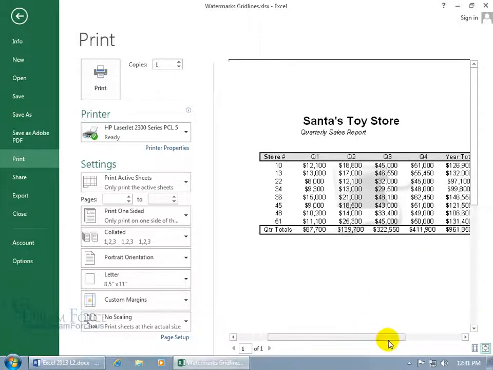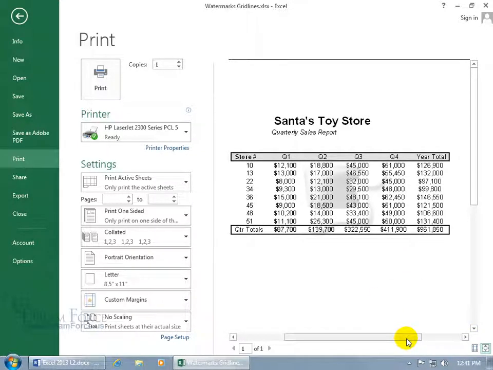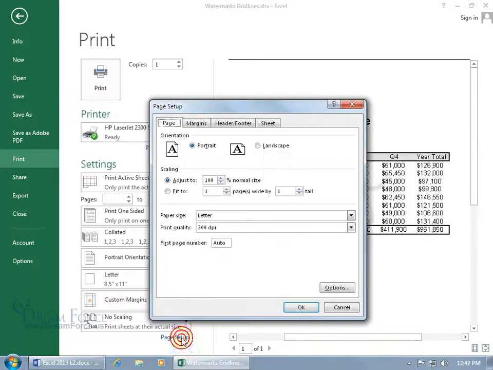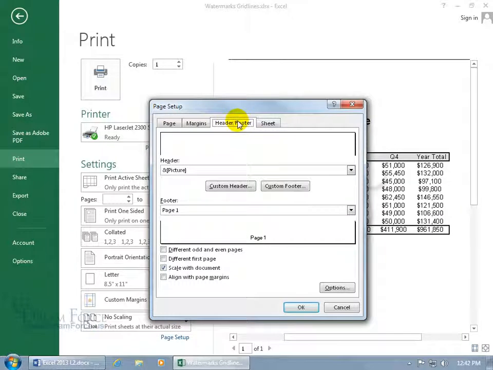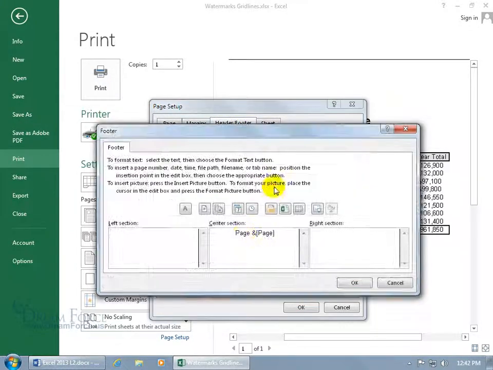Let's go ahead and scroll over. Oh, that's nice. And then don't forget, if you want to insert page numbers, those basic things that we covered in the header and footer training videos. While you're in the print preview, click on Page Setup, the link, go to the header and footer section, customize the footer, and it's got the page number, but if we want to go ahead, delete that, insert page